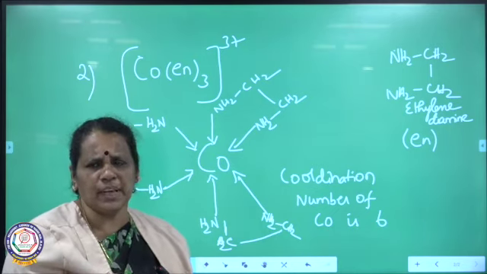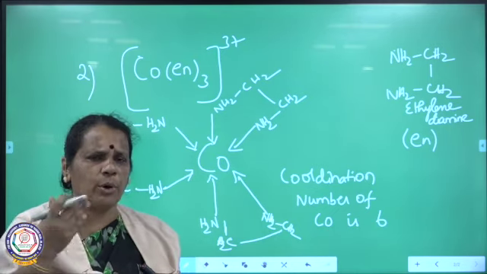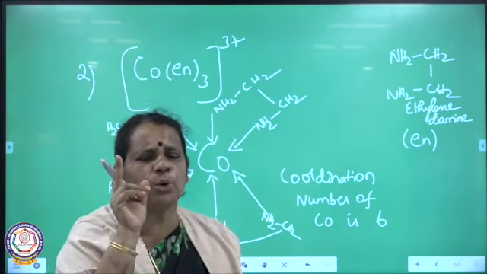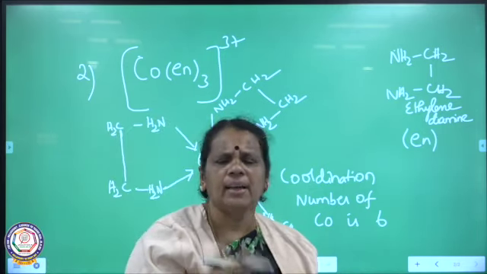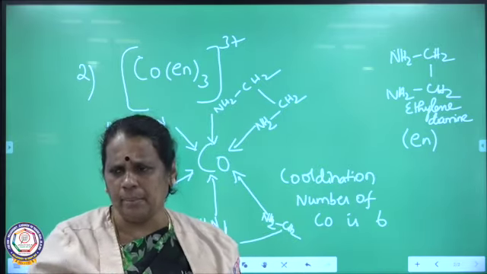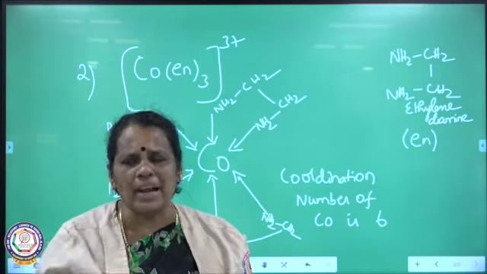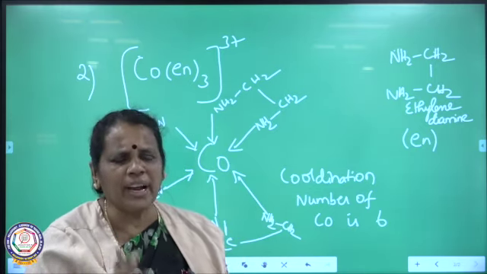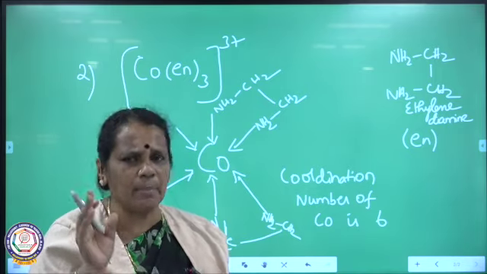Now we are going to say one more example. I am going to talk about polydentate ligands. In bidentate, there will be two donor atoms in a ligand. We can give examples like oxalate ion and ethylene diamine, whereas in case of polydentate ligands, many donors will be there which will be donating the electron pair to the central metal ion.